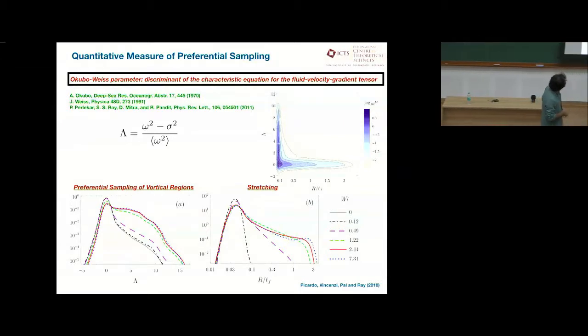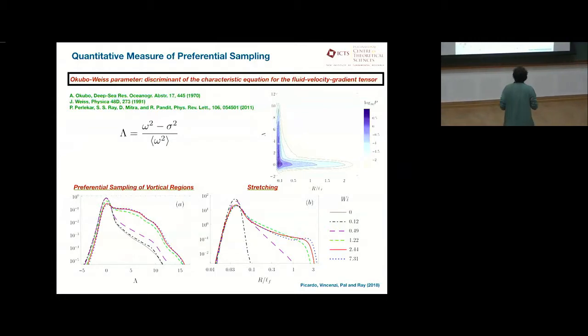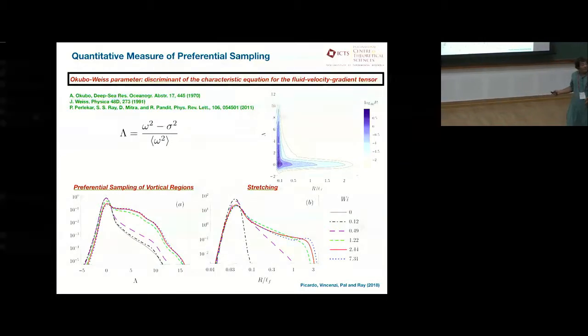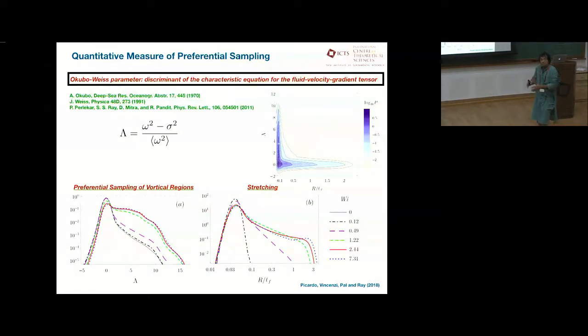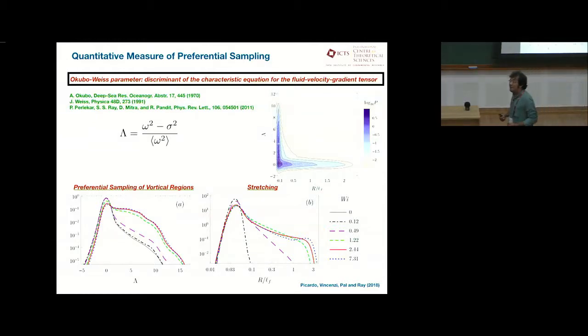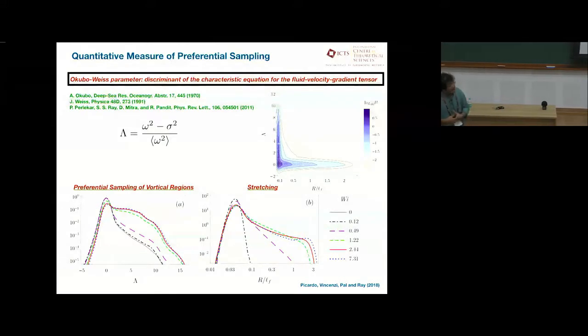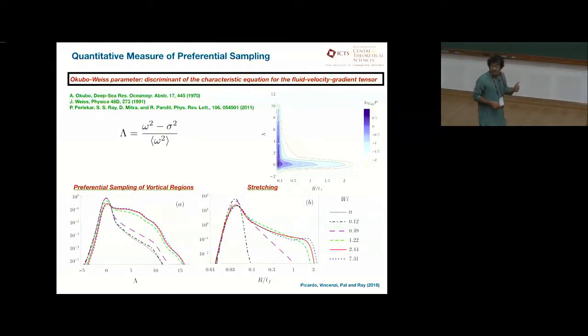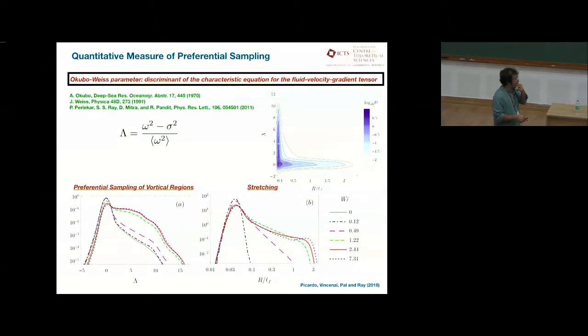So what we did was, for various Weissenberg numbers, we measured the PDF of the lambda sampled by these chains. What we found was, so this is positive lambda, and this is as you increase elasticity, that indeed chains tended to favor being in vortical regions over straining zones. Tracers showing preferential sampling is something rather bizarre. We also looked at stretching and the joint PDFs, which tell you a different story, but I'll probably skip that in the interest of time.